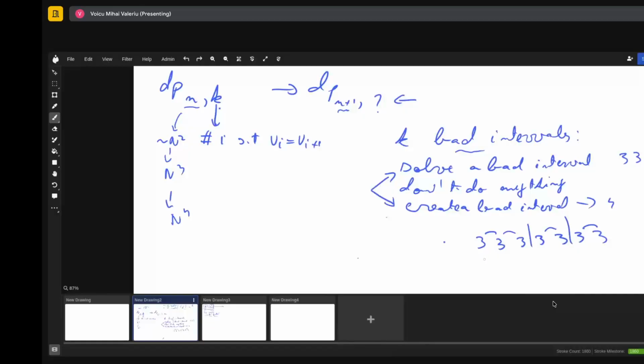And basically what we'll do is insert these 3s as unique elements. And we will force them in the rest of the recurrence to not be placed one next to another. To solve a bad interval, we just choose which of these go in some of the bad intervals. This is another binomial coefficient. And then the not doing anything is which of these elements would go and how do we distribute them to any of the other intervals that we have. This would maybe look like n to the fourth, but because of a complexity quirk where we basically do the following sum